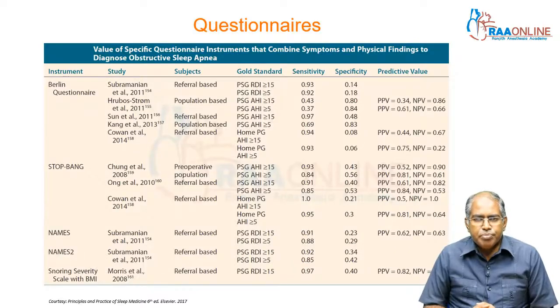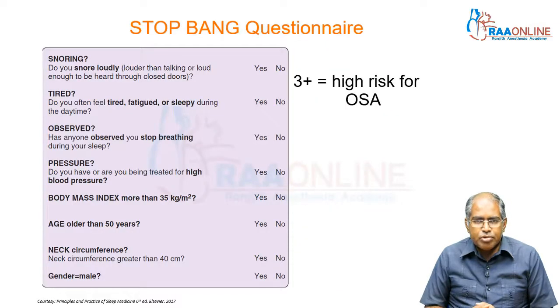So, to improve the pre-test probability of obstructive sleep apnea, there are various questionnaires available. The most common is the Berlin questionnaire, which is usually done in the primary care setting, and also the STOP-Bang questionnaire, which is used by anesthetists in the preoperative assessment. So, this is a sample STOP-Bang questionnaire, which gives various